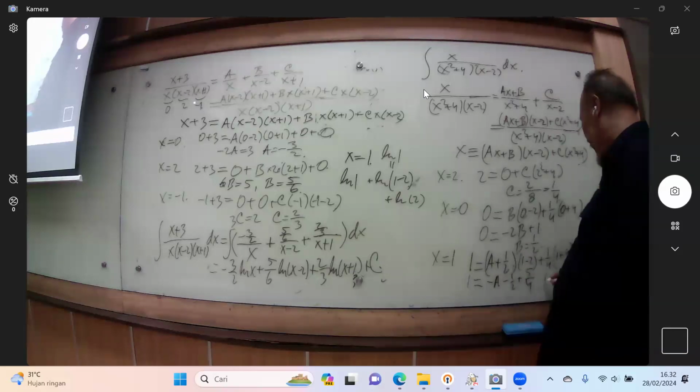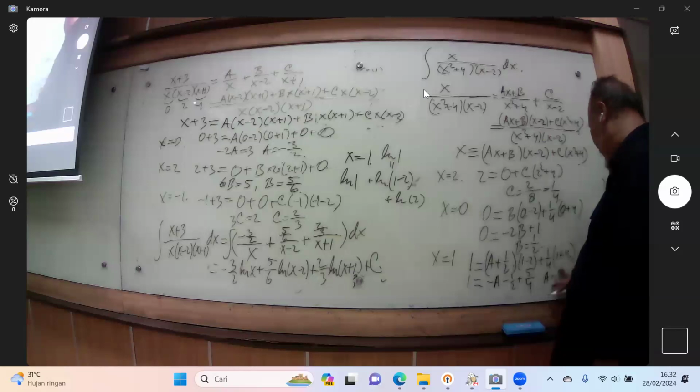So a equals minus 1 minus half plus 5 divided by 4, so equals minus 4 minus 2 plus 5 divided by 4. So it becomes minus 1 divided by 4. Now we have